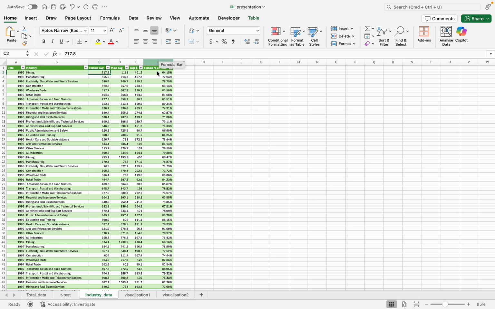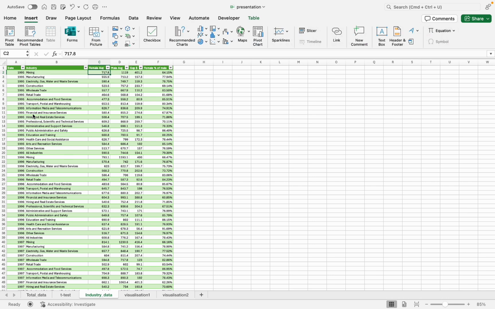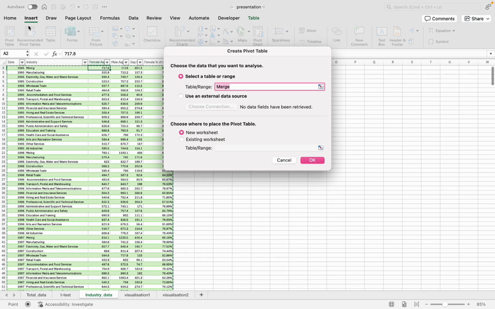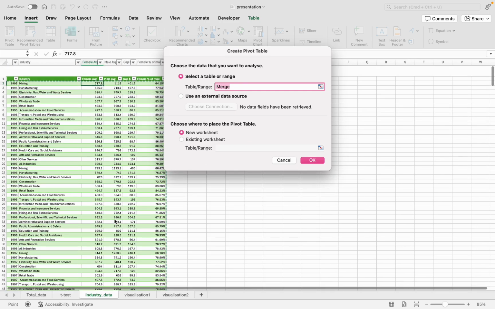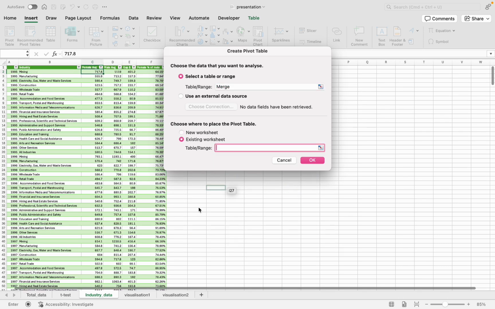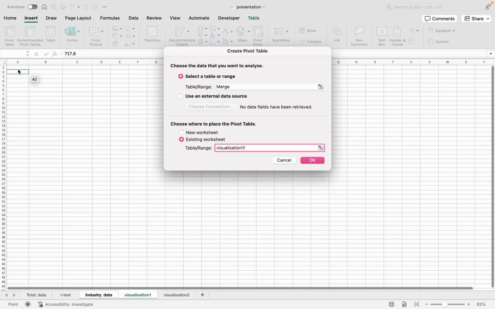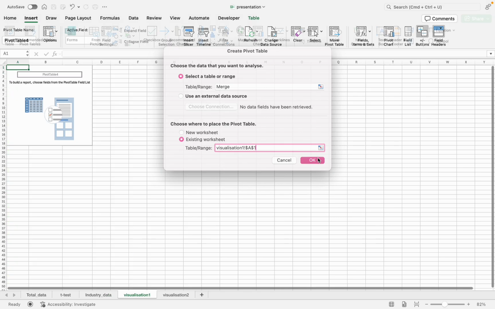Let's make pivot tables here. You can just go to the Insert ribbon tab and click the pivot table, and it just selects the range. Let's choose the table range here.